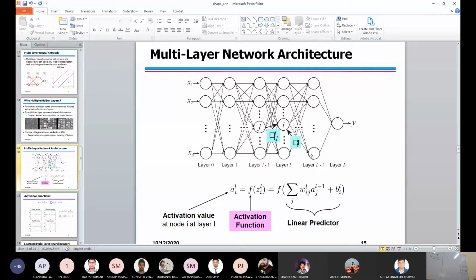Here is one example. Let's say you start with layer 0, that is the input, and then you have layer 1, and then you have layer L. On the left side is layer L minus 1, on the right side is layer L plus 1, and so on. The last layer, the output layer, is called layer capital L, and previously it will be layer L minus 1. Now, there are multiple nodes, as you can see. Let's say you have the ith node, as you can see it is pointed with an arrow.